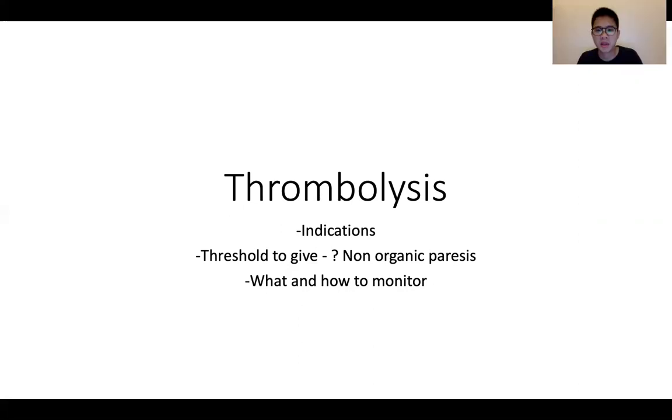Understand. I think you've sort of answered the second question about the threshold to give, because in some patients there's suspicion for non-organic paresis, but you did mention that if there isn't actually a stroke happening, the risk of bleeding is fairly low. Yeah, I tend to err on the side of being more reckless if I think that there isn't a large stroke and the patient doesn't have any risk of bleeding, because